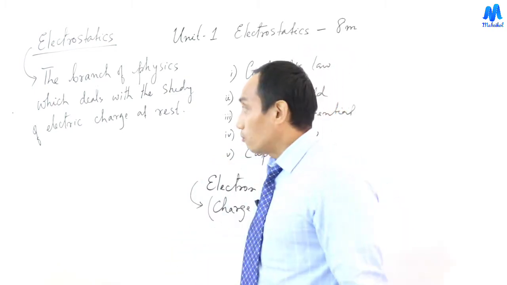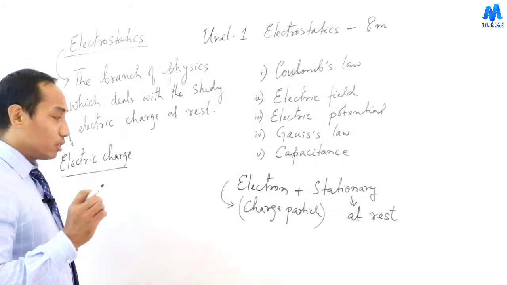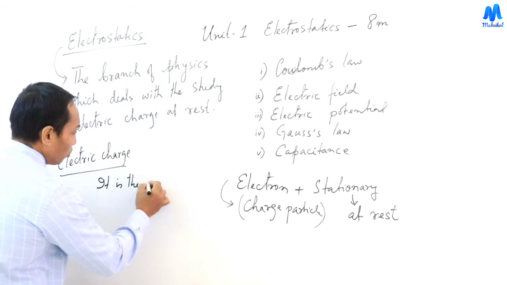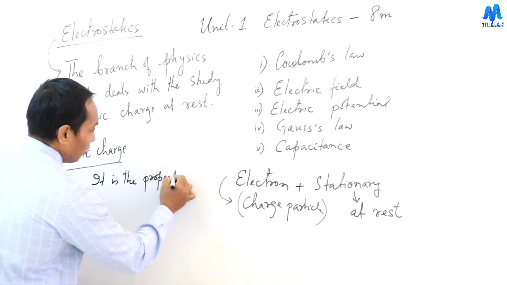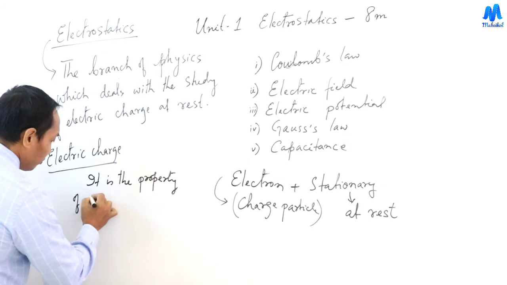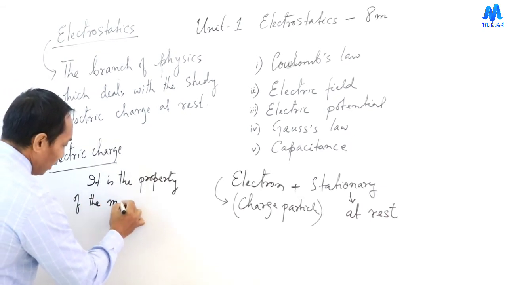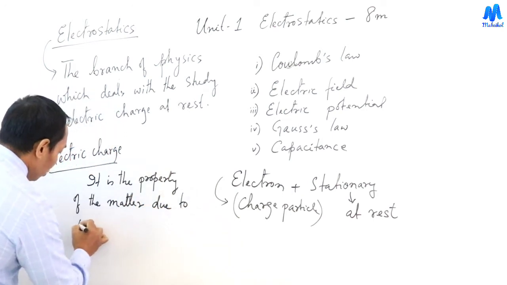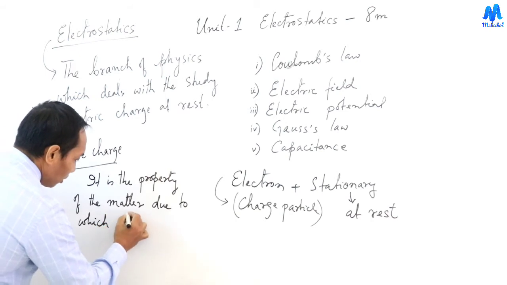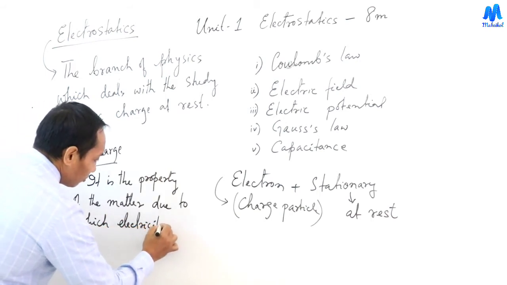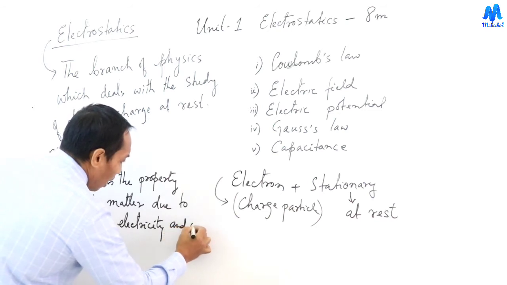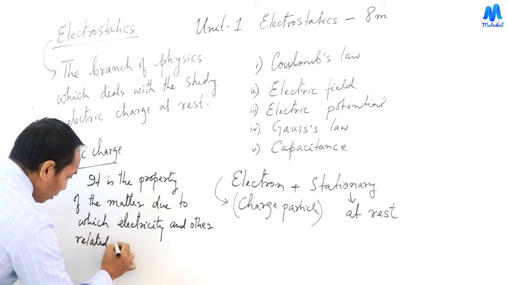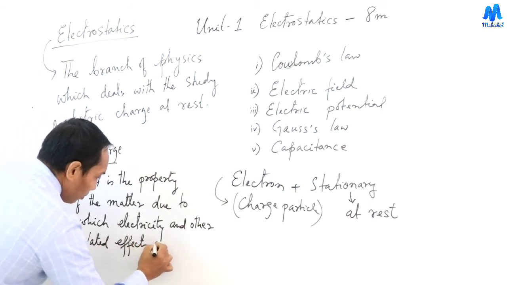So first we have to define electric charge. It is the property of the matter due to which electricity and other related effects can be produced